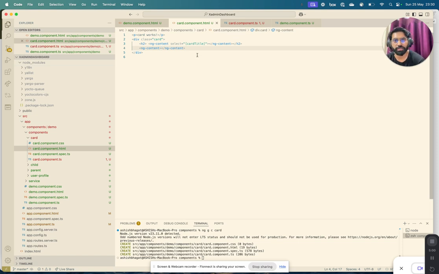Yeah, so this is our child class or the reusable component HTML where I'm using ng-content. So basically, Angular is going to project the content from the parent directly here, and as the projection is completed, then Angular is going to call